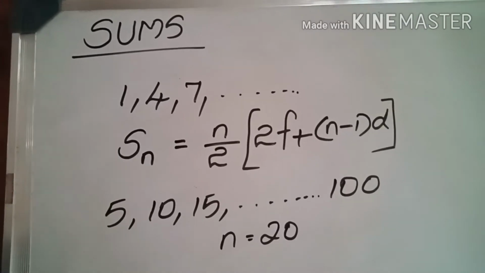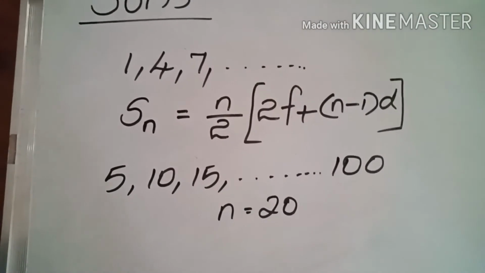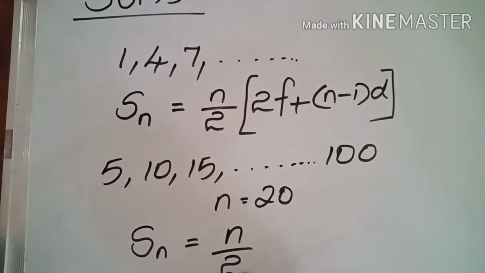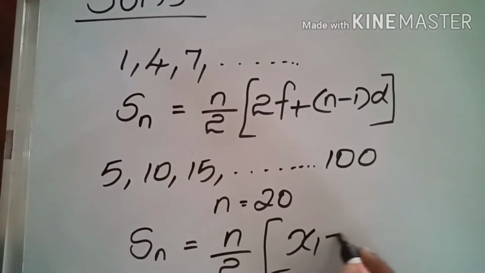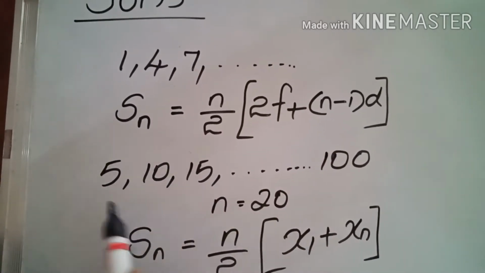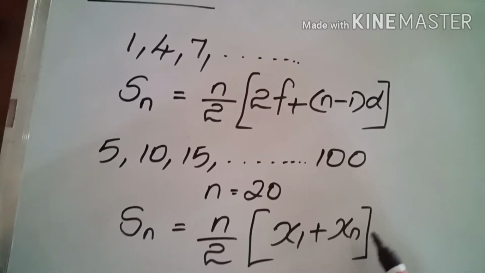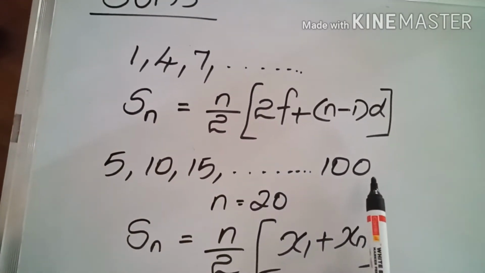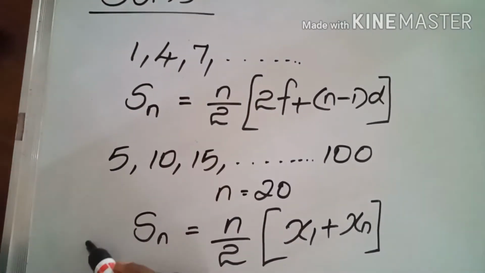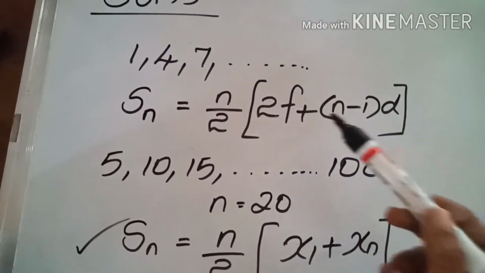So in this case, the earlier equation is also applicable, but one more easy equation is there, that is Sn = (n/2)(x1 + xn). Here x1 is 5, the first term, and xn will be the last term. If the first term and last term are given, this equation is easier compared to the other one. You can apply either, no issue, you will get the same answer.